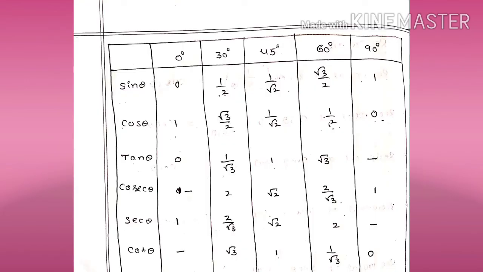Now this is the ratios and its corresponding angles values. I think we have a separate theory program for this, how to write and how to find out the values, ratios and its values. This is a table directly I have written here. If you want to know how to write them, you have to revise one more video. Please refer to that video to learn how to draw these values. If you want to revise, please watch that video, then you will be able to understand these values. Okay, let's go for the next slide.